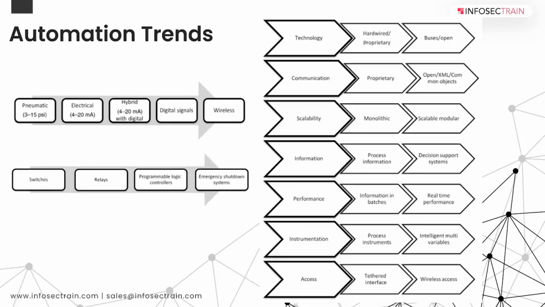So what are the trends over time? From a pneumatic sensing, we have moved to electrical, where the output is in milliamps or millivolts or resistance, and then a combination of electrical signal with digital, something called HART protocol, where the instruments have the capability to transmit both the analog signal and the digital information. And now, of course, we have various communication digital signals that have their own protocols and the wireless.